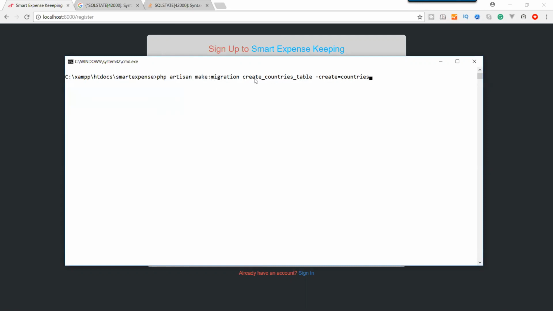You can give any naming convention, but to create a table we have to use the double dash create flag, and the table name is countries. Okay, the country table migration has been created.